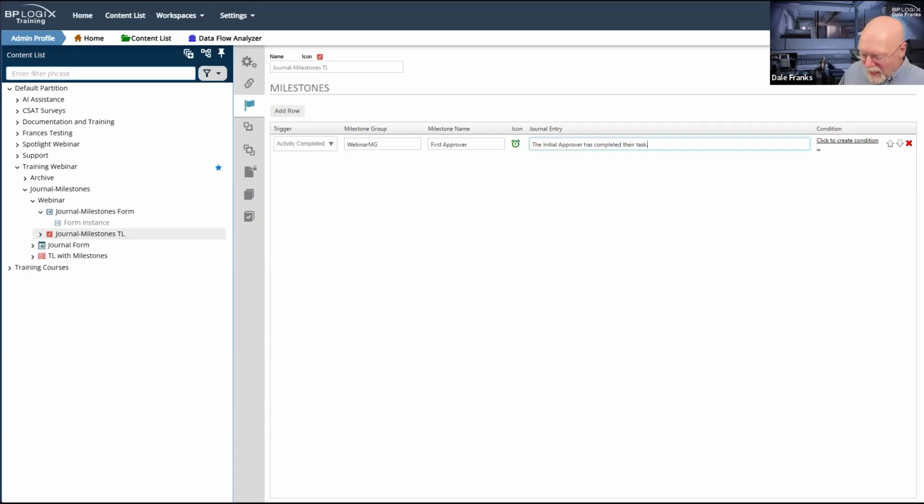Now, normally I wouldn't do this in the real world on just the end of a particular timeline activity. I mean, it's obvious that that timeline activity is over. It would show up in the routing slip on the form and so forth. I'm just using an easy way of grabbing an activity just to be able to create a milestone based off of it.